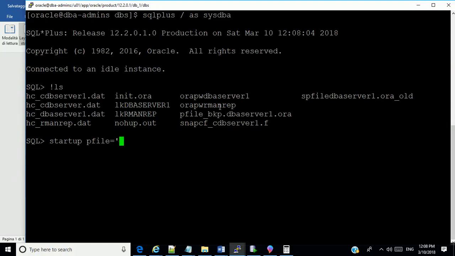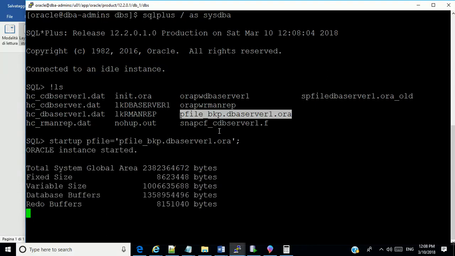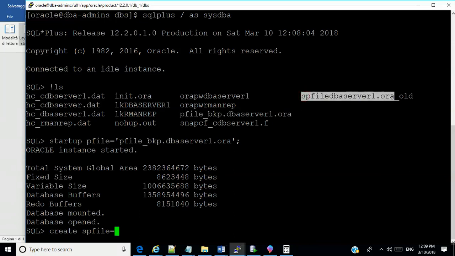Okay. Startup pfile is equal to, where are we? This one, okay. I will now create the SP file by naming it. But it's not correct. It's supposed to exist. Create spfile, supposed to be created by default.